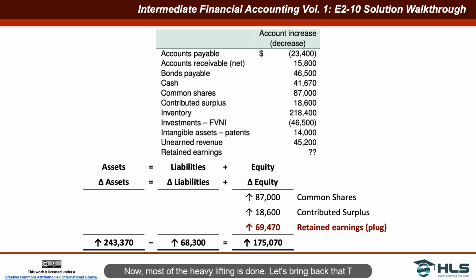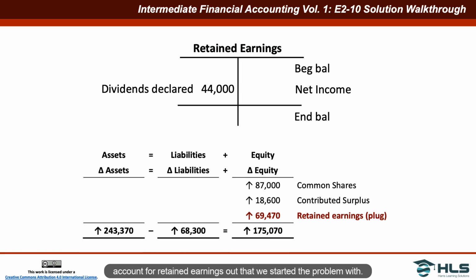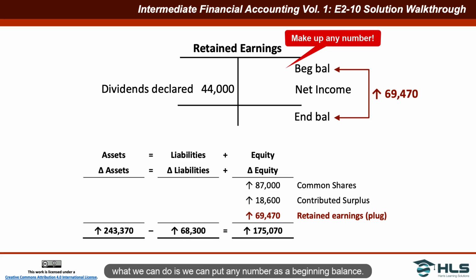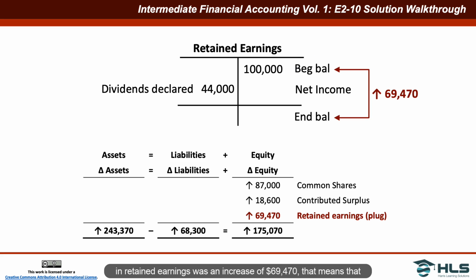Now most of the heavy lifting is done. Let's bring back that T account for retained earnings that we started the problem with. We don't have a beginning or ending balance for retained earnings, but we do know that retained earnings increased by $69,470. So what we can do is put any number as a beginning balance. We could put 0, I'll put $100,000. And if we know that the change in retained earnings was an increase of $69,470, that means that the ending balance, based on my selected beginning balance, would have to be